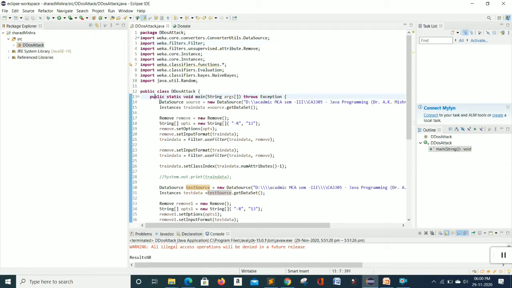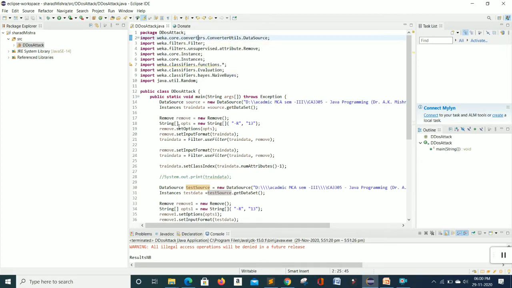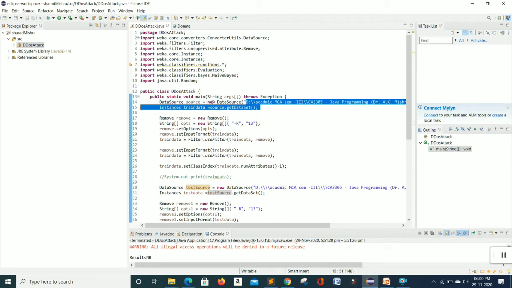In the main function we create a data source class. For the data source class we import weka core converters dot convert and util dot data source, and we pass the path of the dataset as an argument.